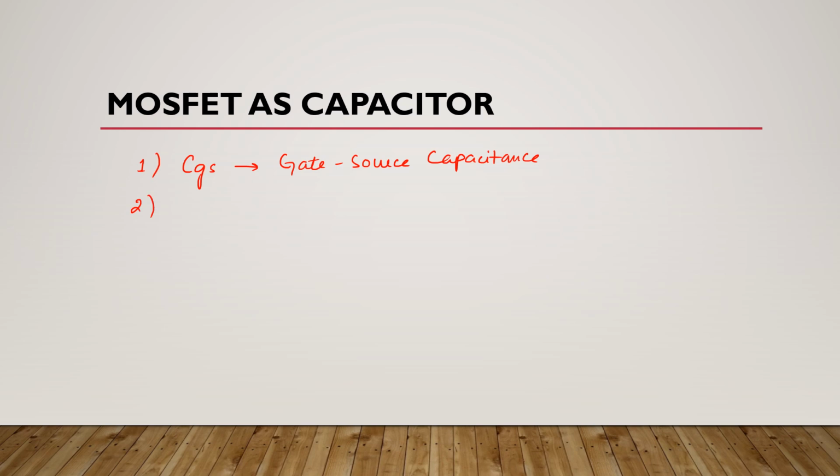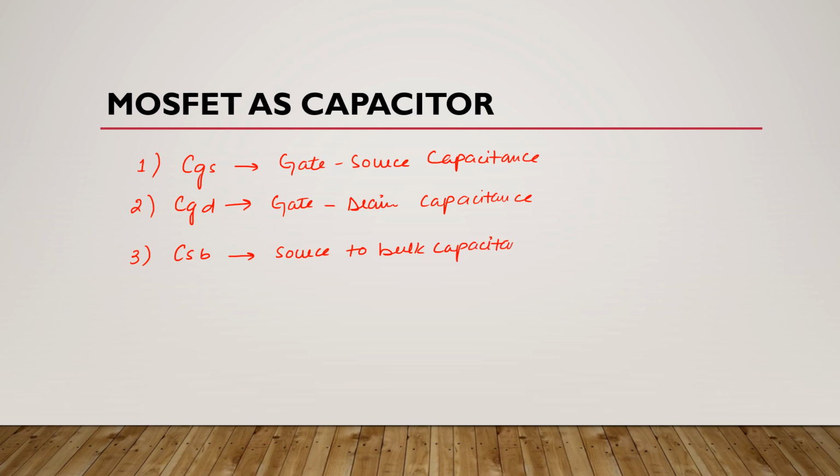Second type is CGD, which is gate drain capacitance. Third type is CSB, which is source to bulk capacitance, and it is also called